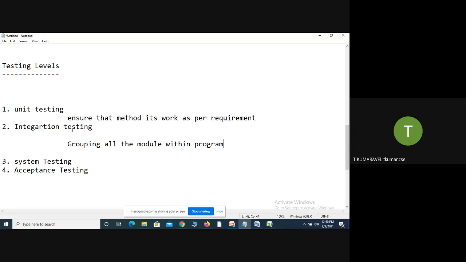Next one is called system testing. System testing takes place after the integration testing is completed. After integration testing only, we perform system testing. This type of testing involves testing the entire system as a whole by providing different types of input to the enterprise application and verifying the different functionality of the system. For example, if you are running a bank management system, different types of modules are available.